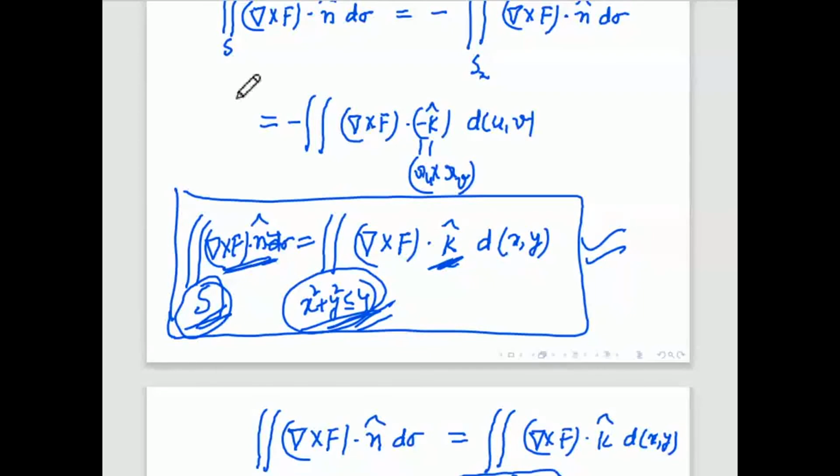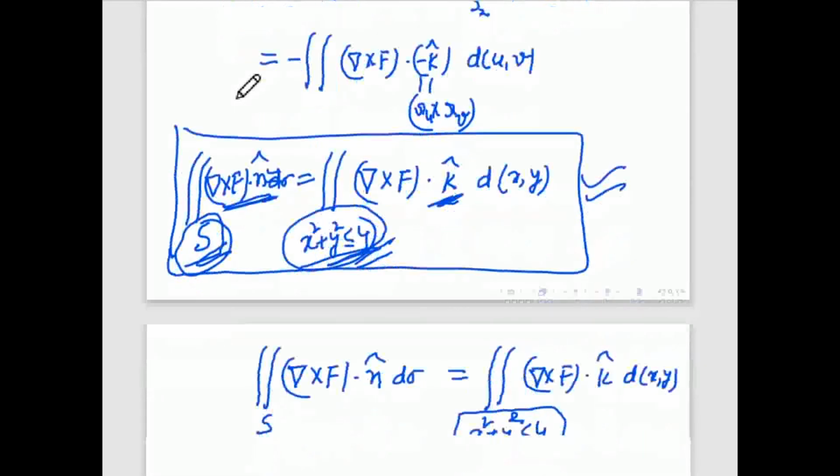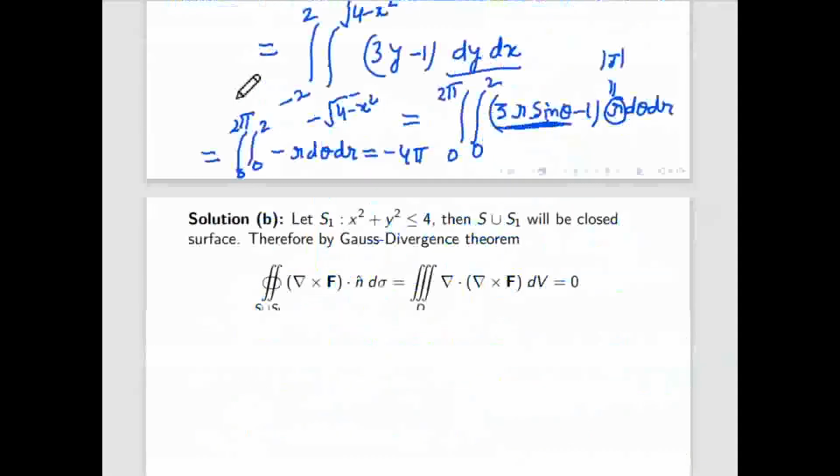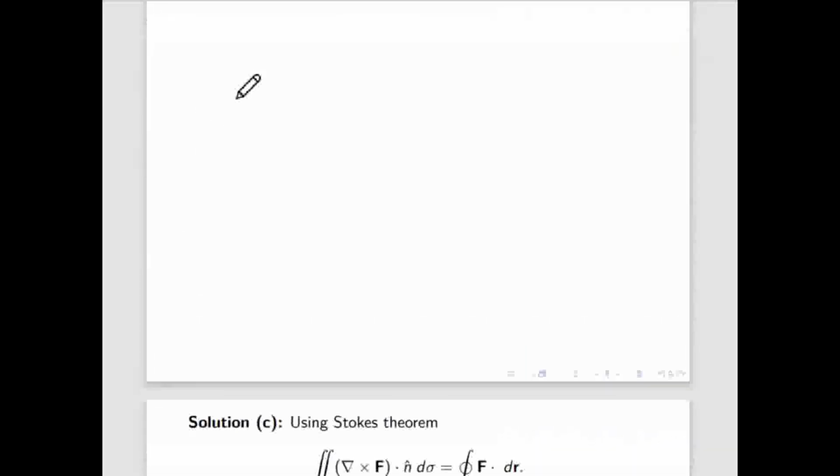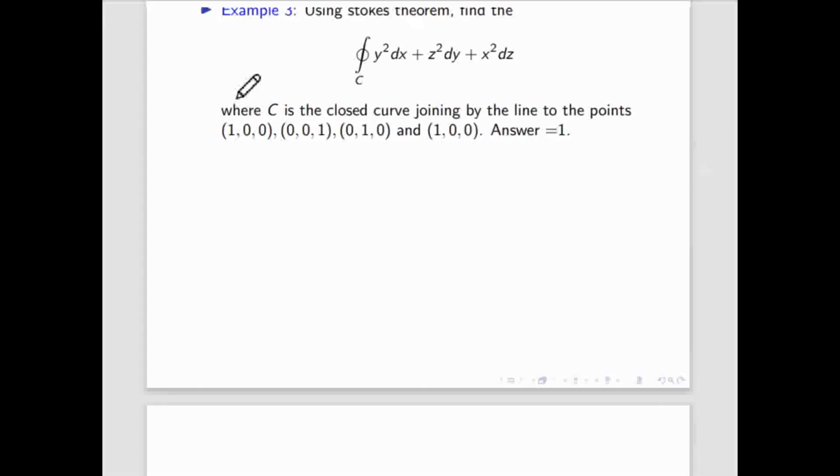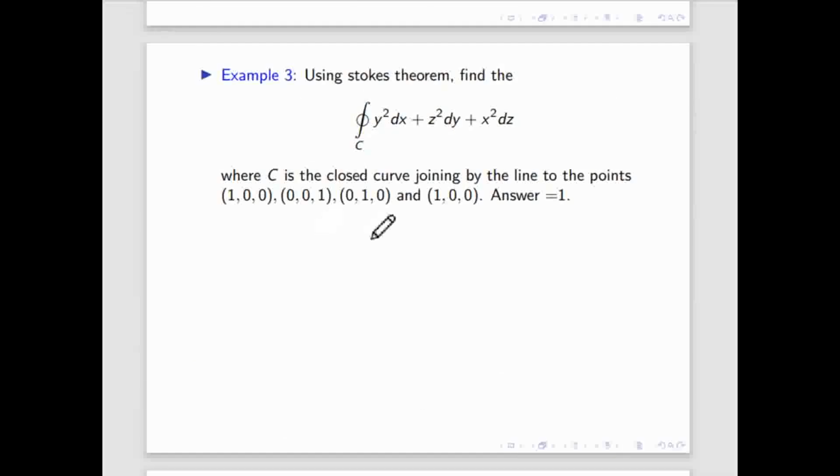Sometimes a line integral is also very difficult. The difficulty is that instead of calculating one line integral, you may have to calculate, suppose, 8 line integrals equal to one surface integral. You will definitely prefer the surface integral, because 8 line integrals you cannot calculate in less time, but one surface integral you can. Then you have to use the surface integral instead of the line integral. Like we will see in the next example, example number 3, where we have to use the surface integral only, because that surface integral is the same as 3 line integrals. So instead of that, we will prefer the surface integral.